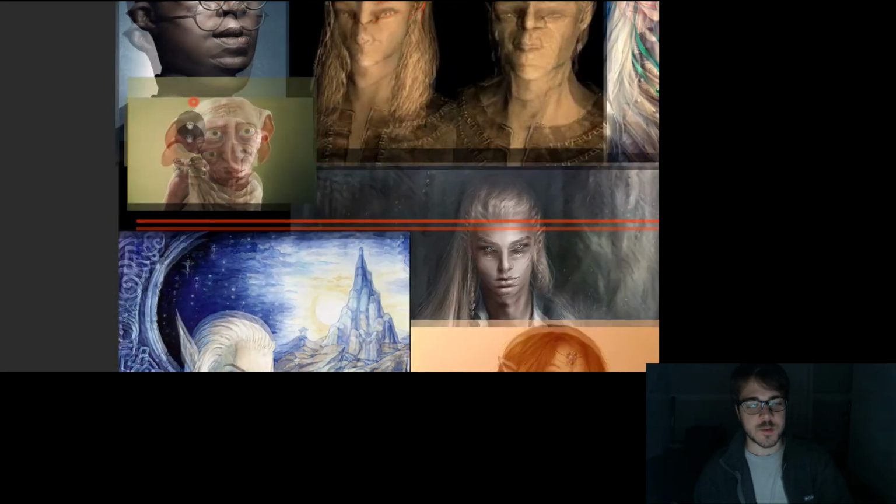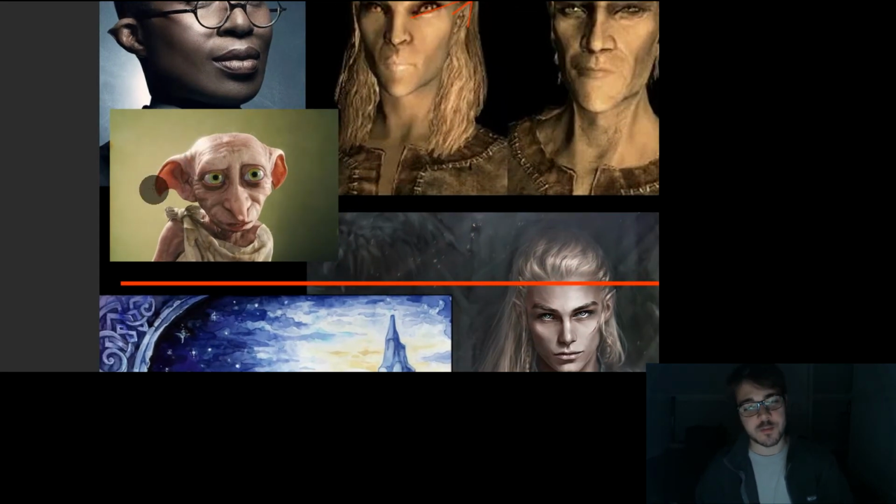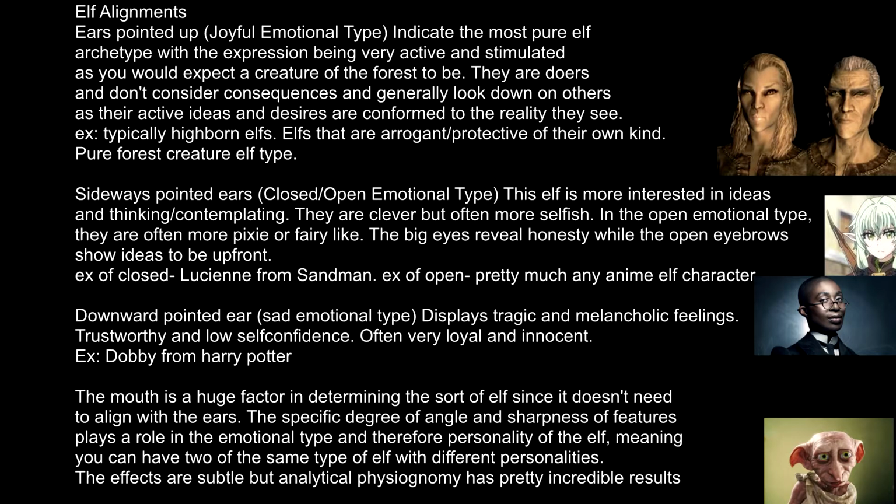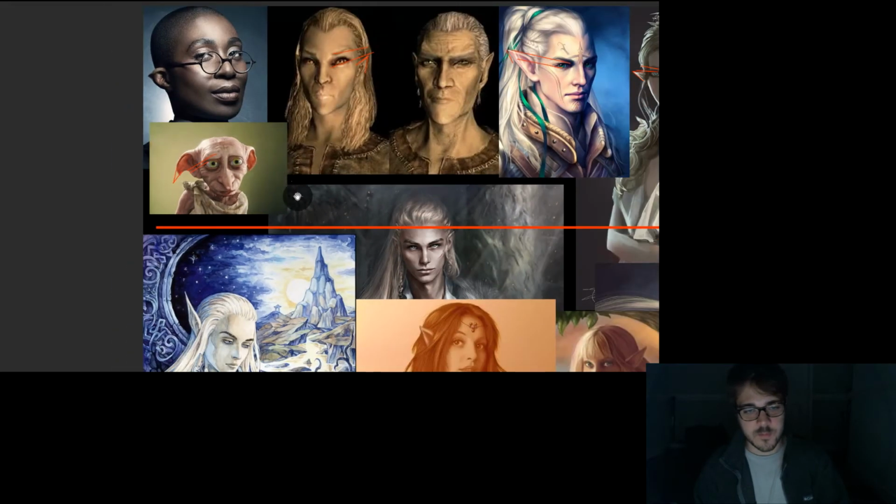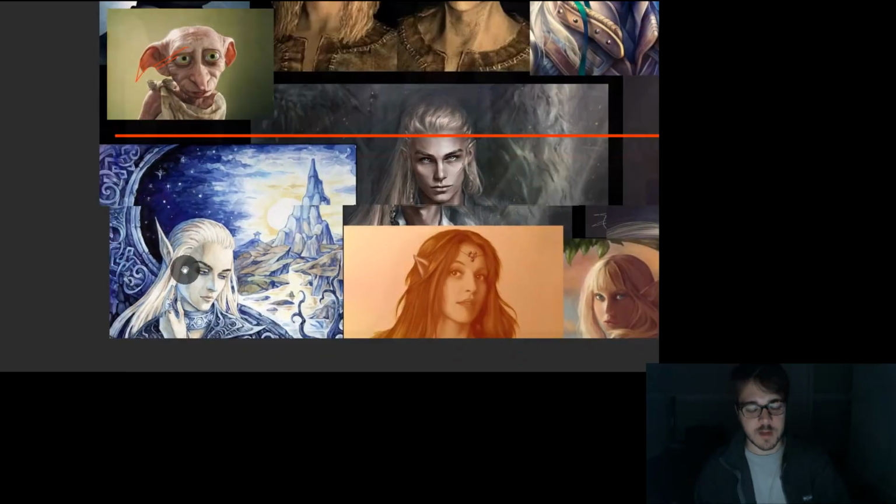And even if you want to do a sad elf expression, you actually can. The ears need to angle down, and that's what we get with the eyes of this character. And this is why he's so likable and believable, because he is displaying the right kind of emotions for his kind of character, his environment, and his mythological creature. You should get the idea by now how important it can be to do it right.